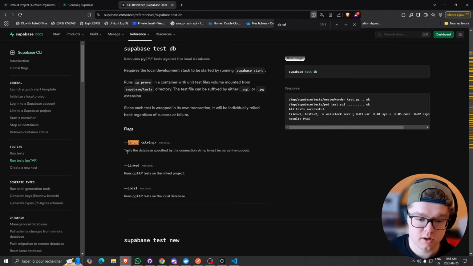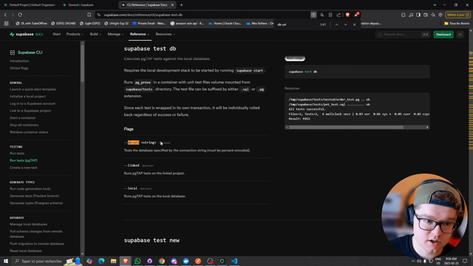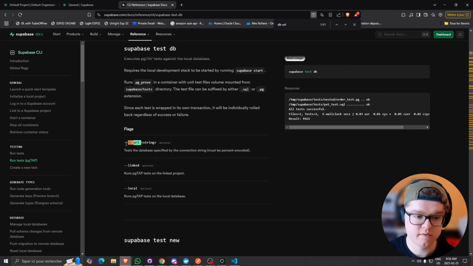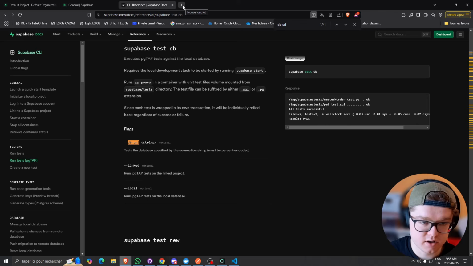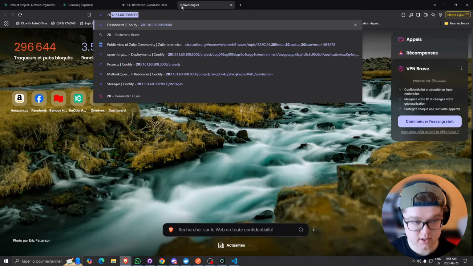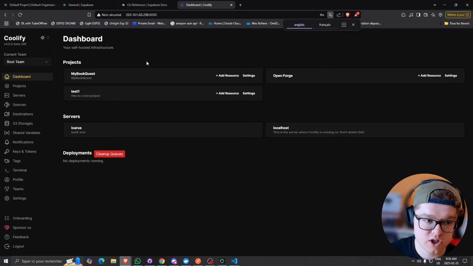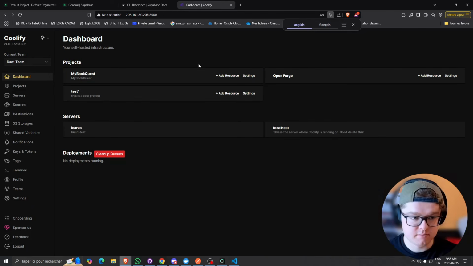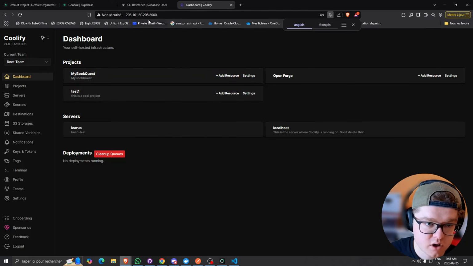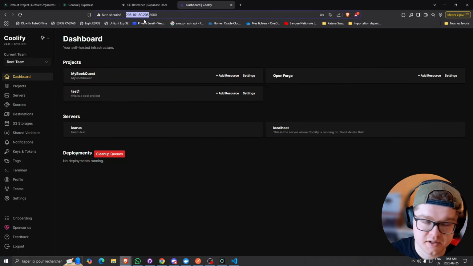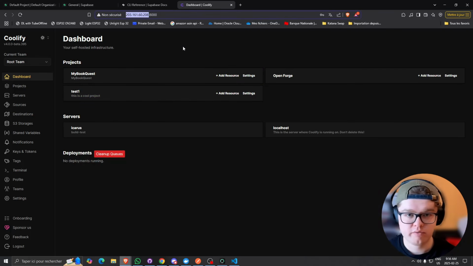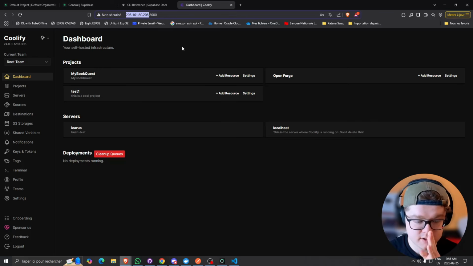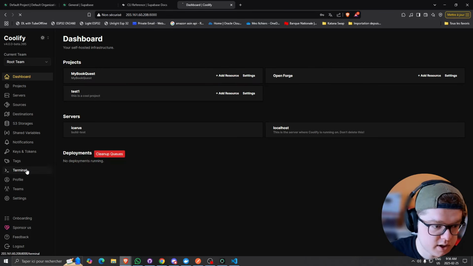One way you can find this connection string is to have the server IP. For example, one of the servers that I use is my Coolify server, which has my project and stuff like that. So what you can do is get this IP, and then make sure you port forwarded the port you're using for Postgres. Then you can go ahead to your terminal,